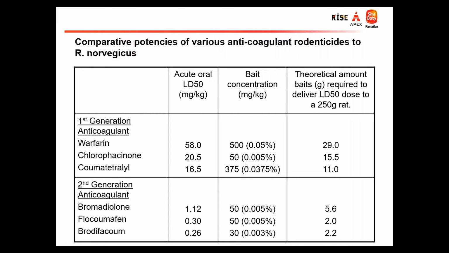So this is the theoretical amount of bait that a norvegicus rat would take. A norvegicus rat is rather big at 250 grams. So the amount you require to feed, they're going to take to hit the lethal dose, like warfarin, chlorophacinone, you can see. So here indicating warfarin is more tolerant now, so you might need very much more. Okay, that's about all I want to share with you, right?